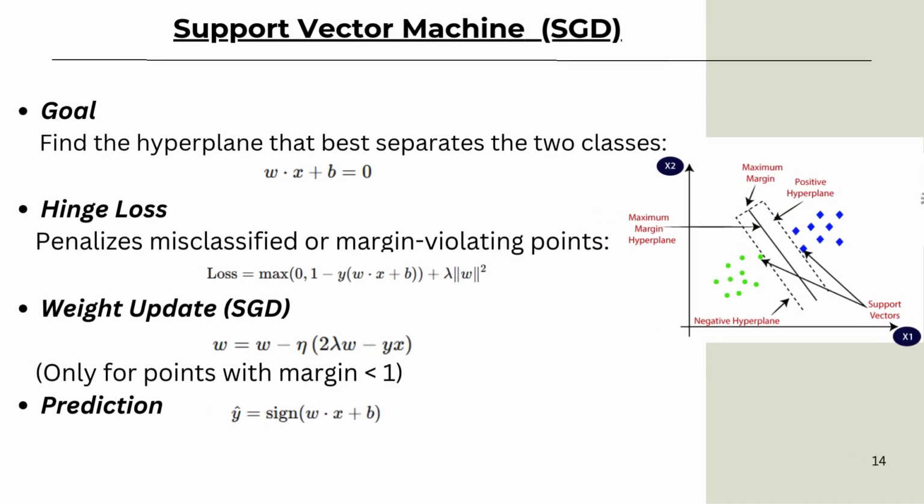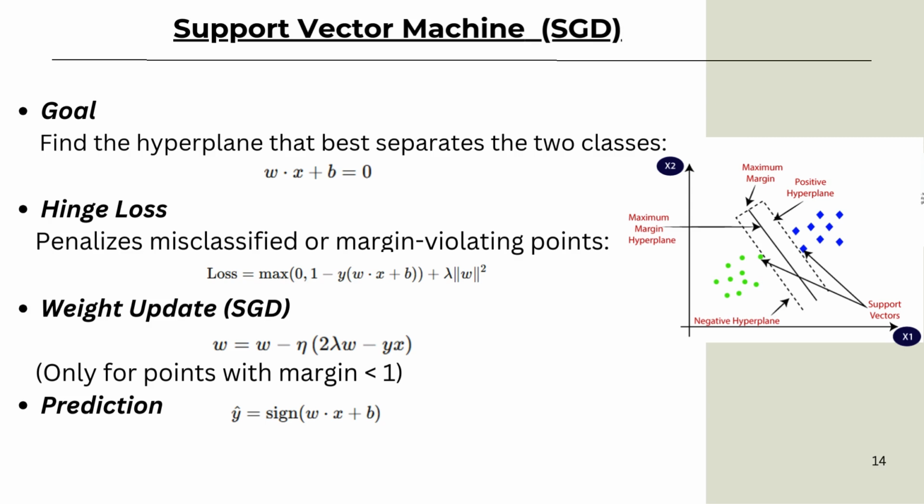So in the SGD-based linear SVM model, we use a 1 versus all setup, training a separate binary SVM for each of the digits. The model uses mini-batch SGD with hinge loss and L2 regularization. During training, weights are updated only when the margin condition is violated. This process repeats across multiple iterations, and during prediction, we compute scores from all the classifiers and select the digit